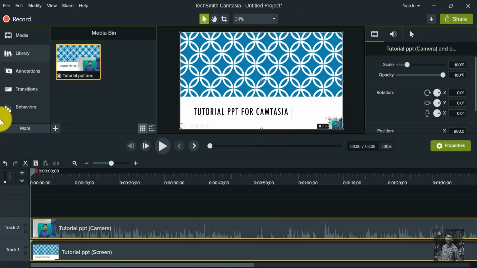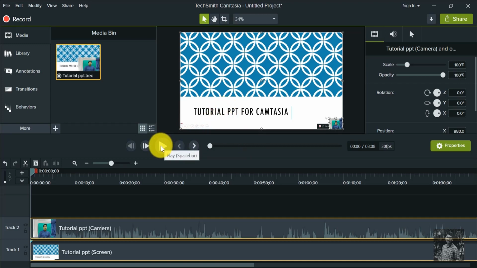These are some of the features that you can add to the video, and these are some of the properties of the features that you are going to apply. I'll be explaining all these in the next subsequent videos. In this video, I'll just show you how to export the content. Okay, we'll just see how my recording came.